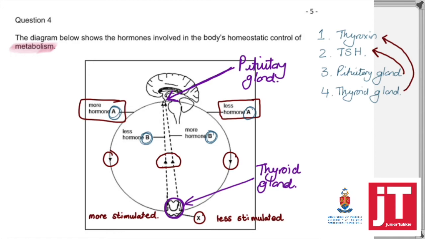Well, looking at the interactions here, we've got a very nice overview of how this homeostatic control would probably work. We can see that TSH is moving from the pituitary gland, so in other words, we're looking at hormone A, to the thyroid gland. Then we're looking at thyroxine, which would be hormone B, that is going to be moving from the thyroid gland back to the pituitary gland. Right, so now we've got some good context to work with. Let's have a look